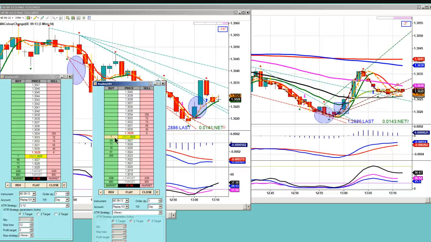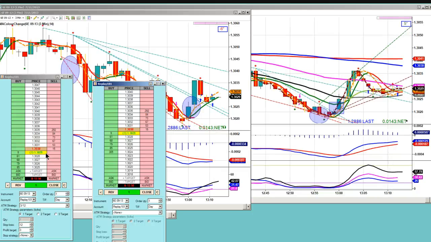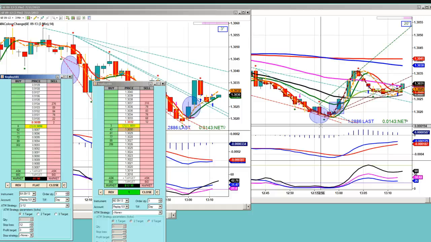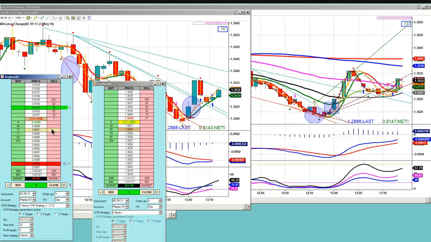So let's just say I'm going to go long here. See how it appears on the other one? So you can't trade in the opposite direction on the other one. It actually has to be a different account. And then it will be blank. It'll look like this. So if it's a different account, then you can trade two directions. Now, if this was a different account, guess what? Look what's happening now. Now the market's going up. Hold on one second here. Let me just change this back to none.